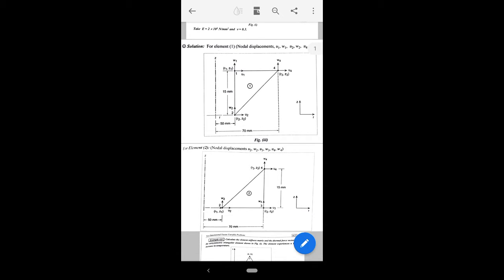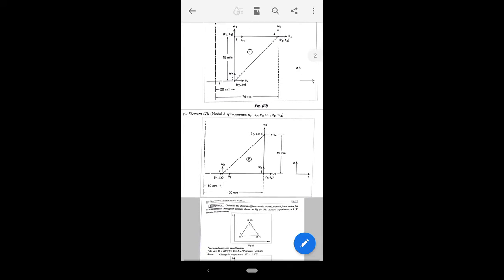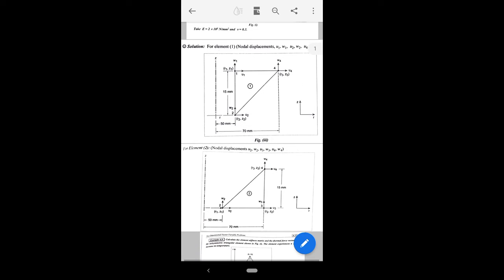For the first element you can specify the element coordinates as well as the element displacement. Similarly for the second element. After that you can derive the first element stiffness matrix and then the second element stiffness matrix. Finally you can add them and then apply the boundary conditions. We get the answer. In later classes we will discuss how to get the solution by using the axisymmetric element.